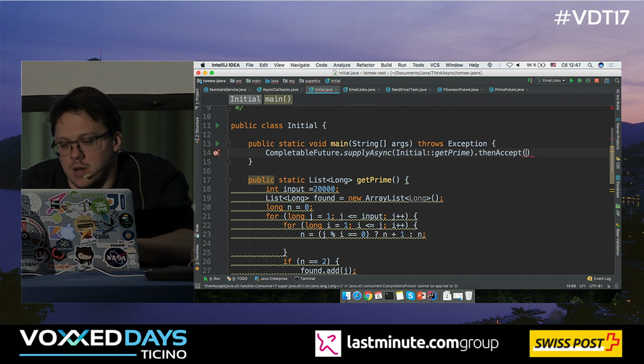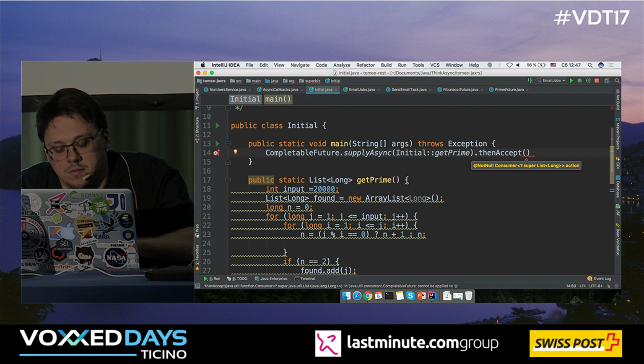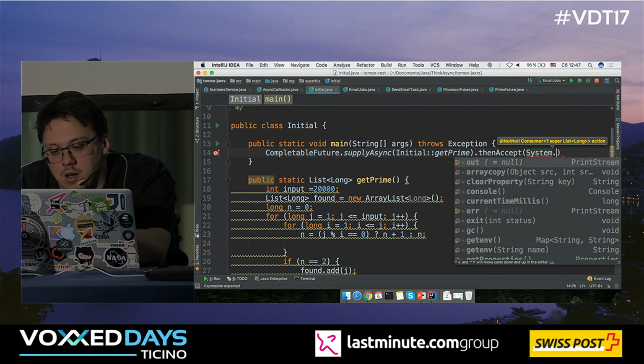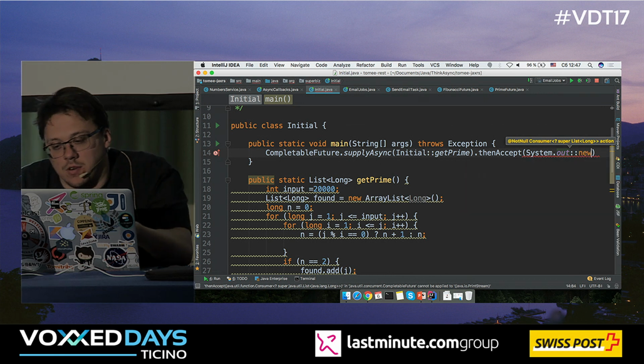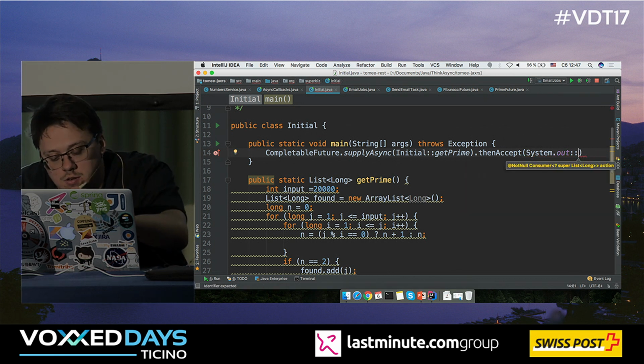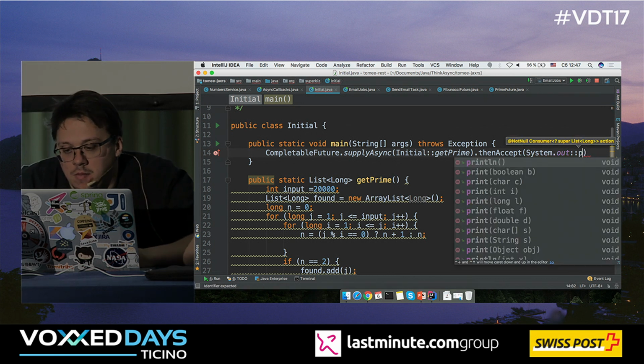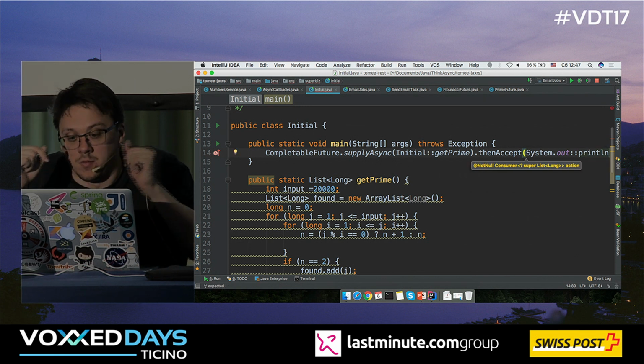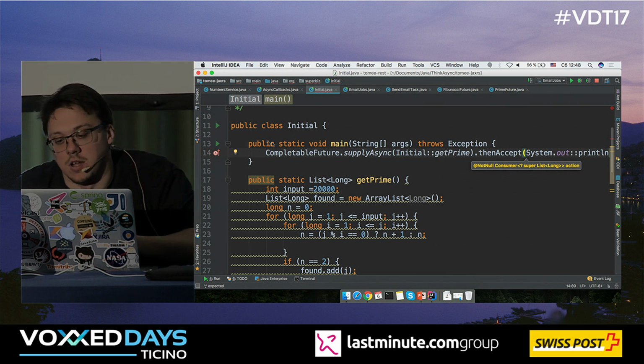We call this terminal method accept. After it's done, we get System.out and a reference to, oops, not new, but println. And it's okay. Look, we've made a small chain of events that happen asynchronously. And if we run it,